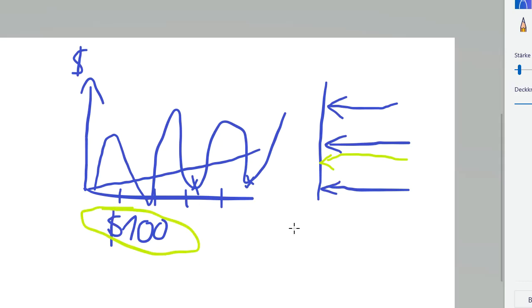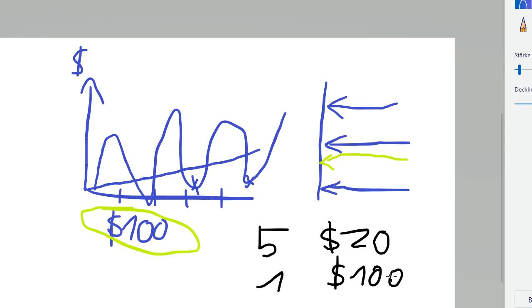So in this scenario, you would have 5 shares for $20 and 1 share for $100, in two consecutive months, right? And if you add the weighted sum for this to calculate the average purchase price per share, you have 6 shares for $200. So your average purchasing price is $33.